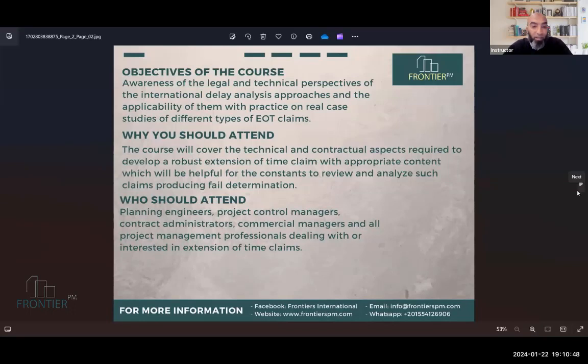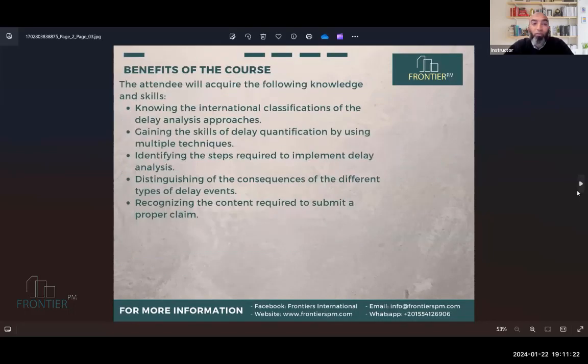And from my side, I can add that everyone who is working on claims, even if you are a lawyer working in some jurisdiction, would like to get more information regarding how engineers apply extension of time claims and determine the cause and effect of the delays, who is responsible, and what is the quantum of the delay, including the prolongation. So these are the objectives of the course.